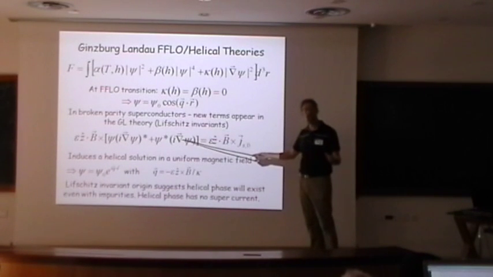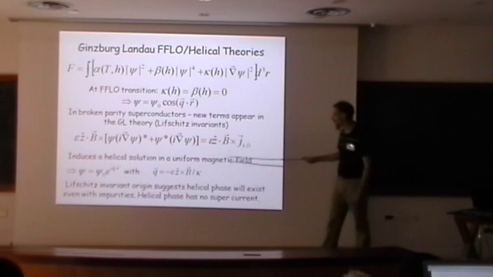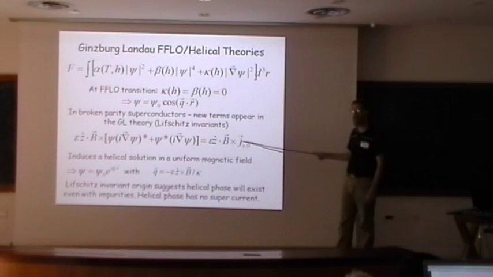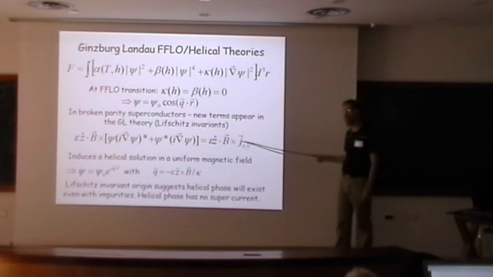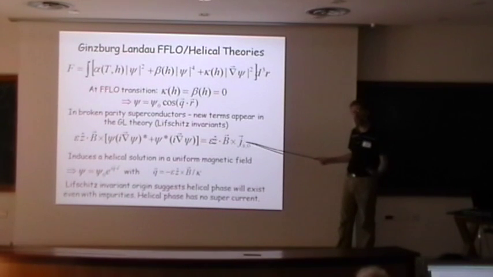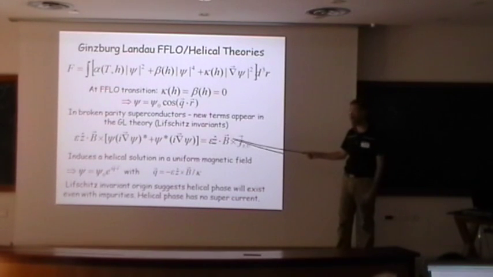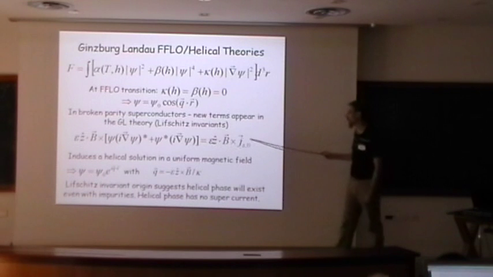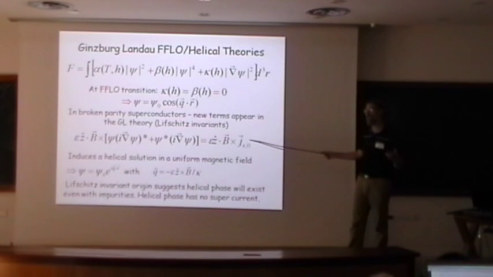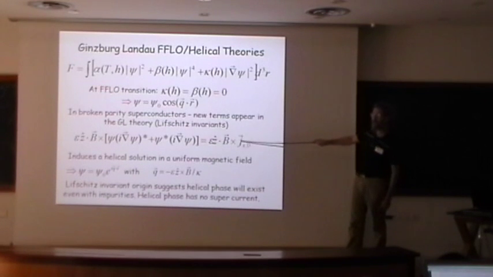What happens in broken parity cases is that your free energy does not need to respect parity symmetry, but it does need to respect time reversal symmetry. Both magnetic field and current are odd under time reversal, so this cross product is even under time reversal. Current is odd under parity, but that's allowed. And then you can see that this particular linear combination is allowed for the Rashba spin-orbit coupling case. These kinds of Lifshitz invariants depend on the detailed symmetry of your system, but the fact that you have a new term in your Ginzburg-Landau free energy tells you that you're going to get some interesting physics emerging from that.